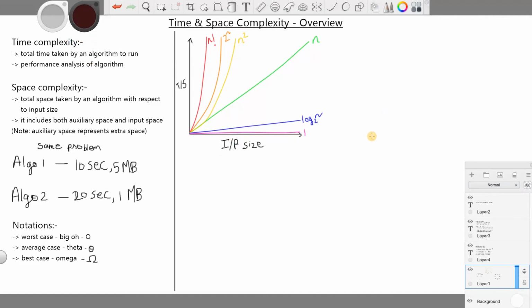So now I will explain each time complexity with an example. The first one will be order of 1, constant time.